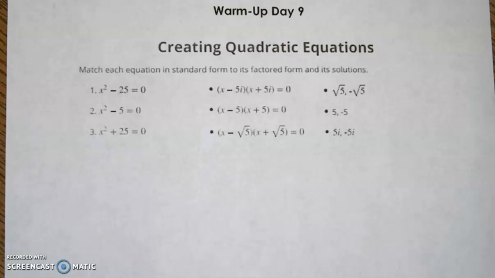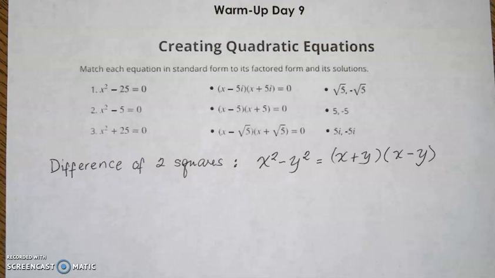You have number 1, x squared minus 25 equals 0. Number 2, x squared minus 5 equals 0. Number 3, x squared plus 25 equals 0. So I would like to tackle 1 and 2 by using the property of special product called difference of two squares. Let us begin. The difference of two squares indicates that if you have x squared minus y squared,